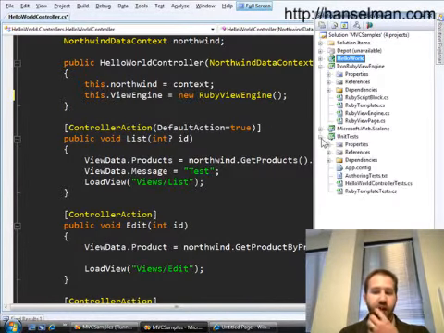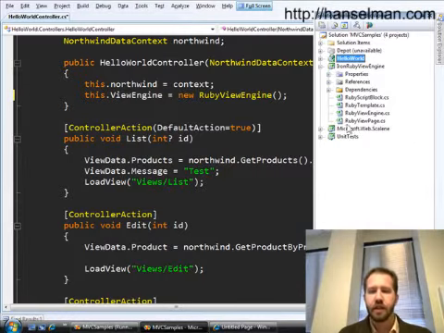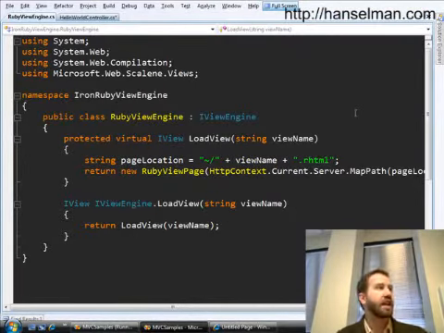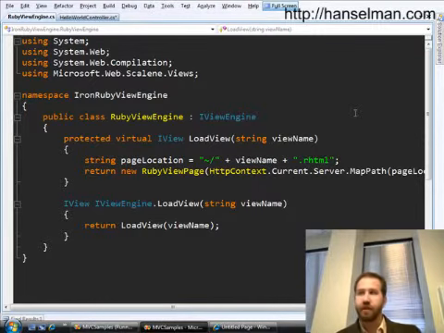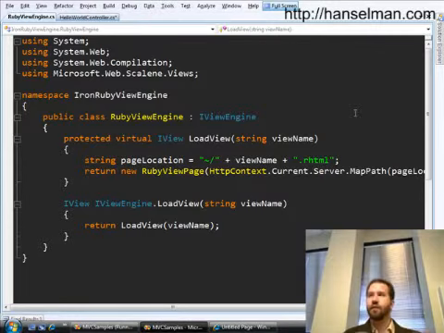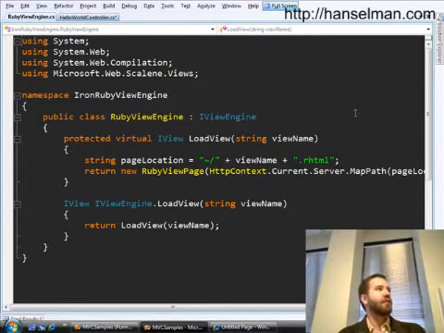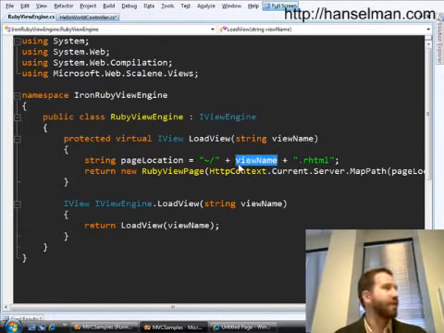Actually, knowing Phil, he probably made the unit tests first. But here's the Ruby view engine. And this is going to get more and more evil as we dig into Phil's code, because it's very interesting. At this point, he has eschewed web forms. He's made a declaration. I stepped back a little and said I still like web forms, so I'm trying to make the Python stuff play in web forms where I did not write my own view engine. So here he says, I'll take the name of a view, and I'm going to go and say